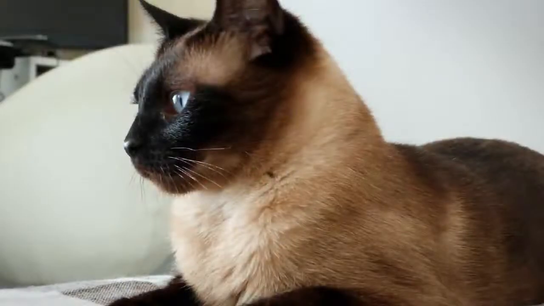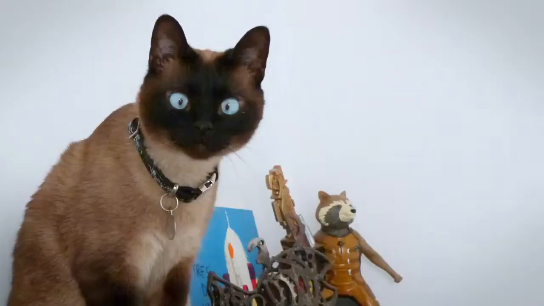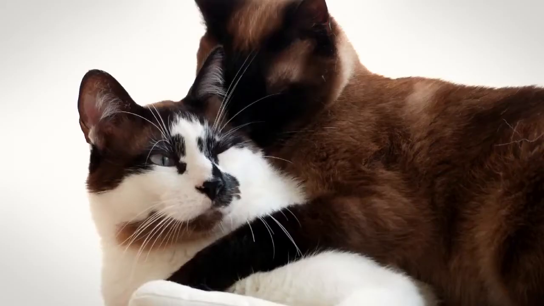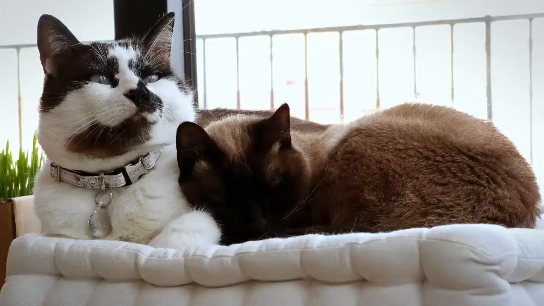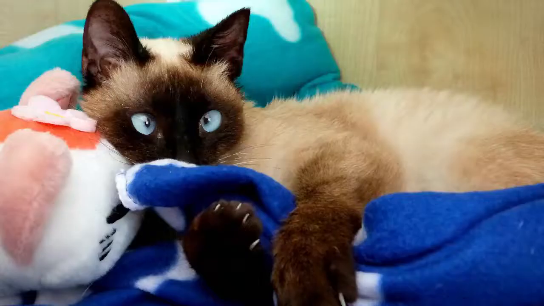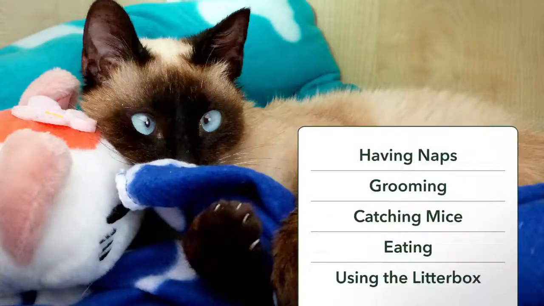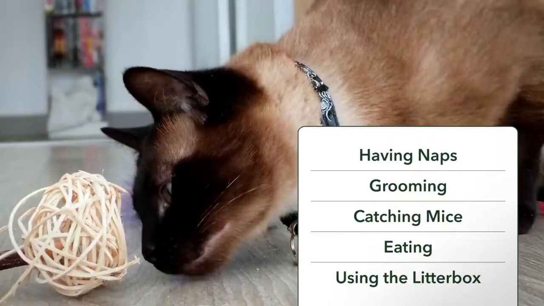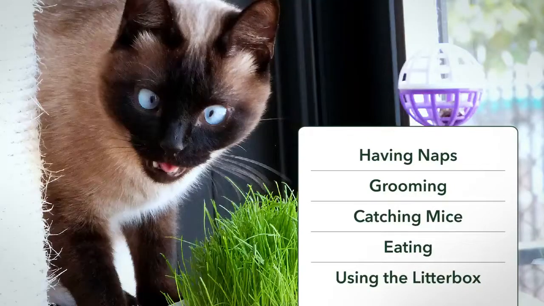See if you can identify relevant behaviors for a concept. Give examples of behaviors for a house cat from the perspective of a cat owner. A house cat has a pretty low-activity lifestyle and not much purpose other than to nap. Perhaps you said having naps, grooming, catching mice in the house, eating, and using the litter box.